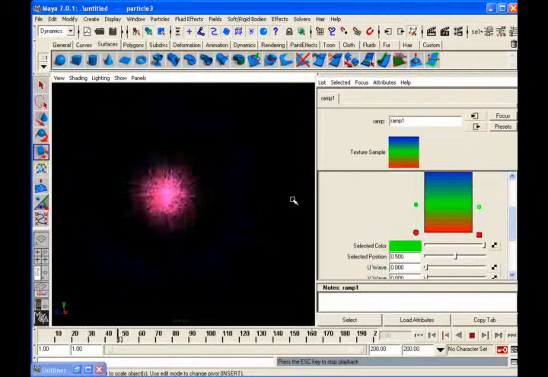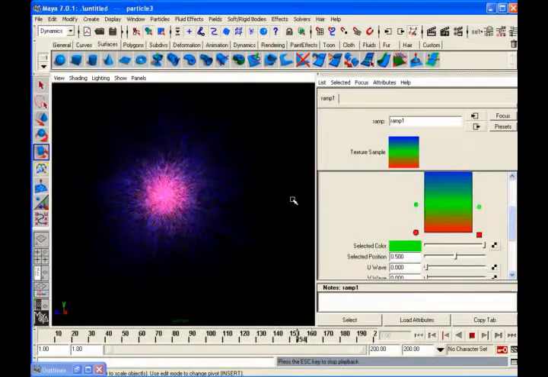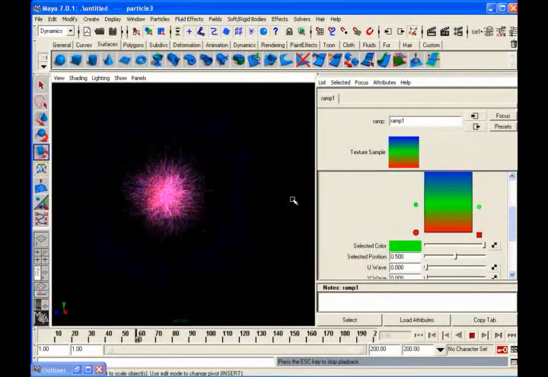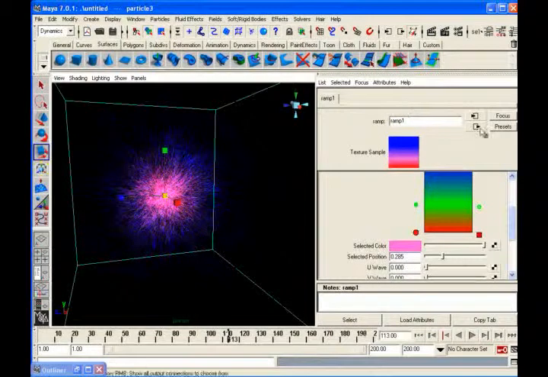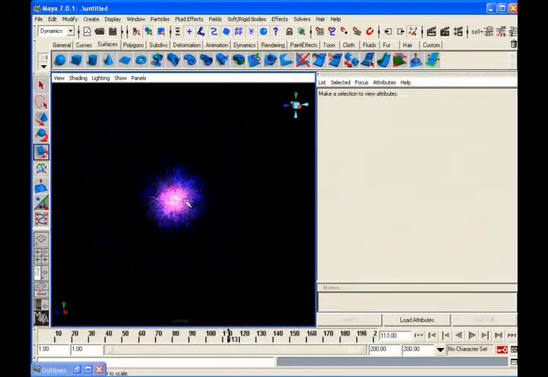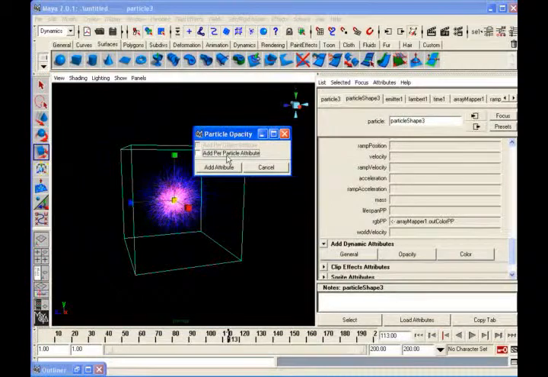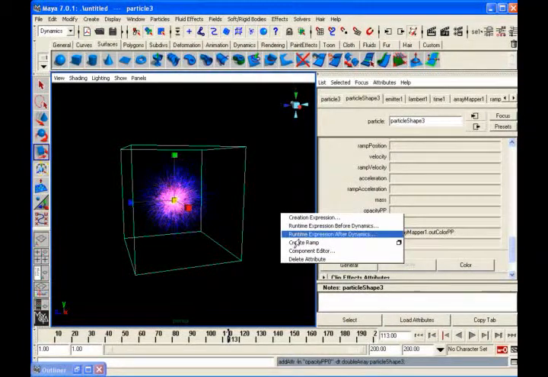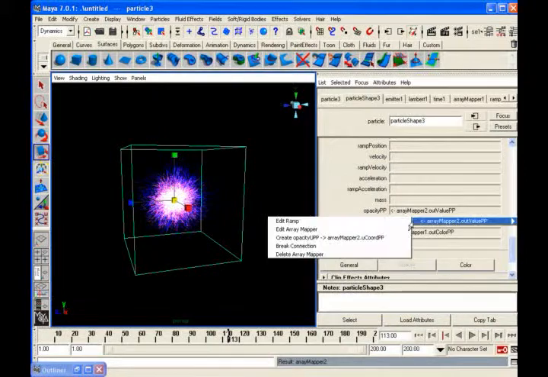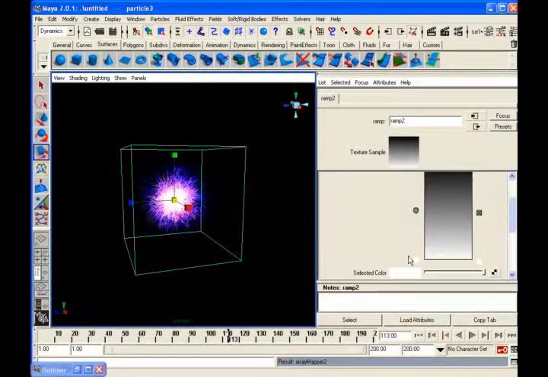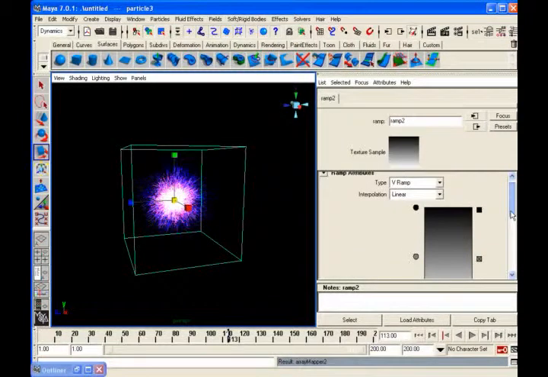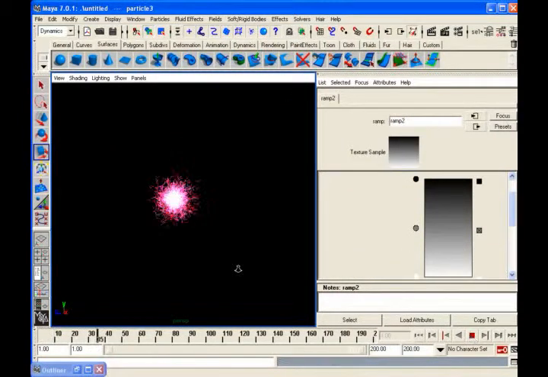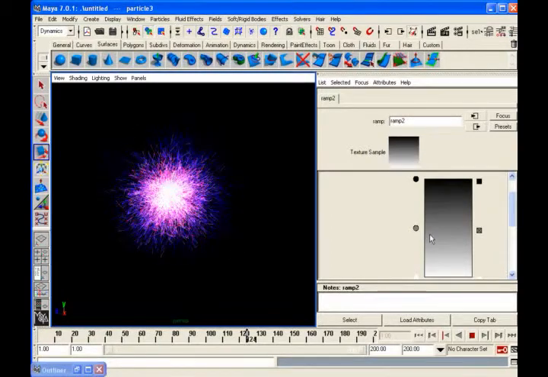Like that also, the same thing is done with your opacity also. Opacity also per particle you can give. Add per particle, add attribute. Same thing, opacity PP, opacity per particle. Right click and you can create a ramp in that. This ramp is only white and black because white is representing pure white, means total visibility. 0 is your black. So automatically you can see they will fade out when they come to the blackness. So let me remove the color accumulation, then only you can see that more prominently.